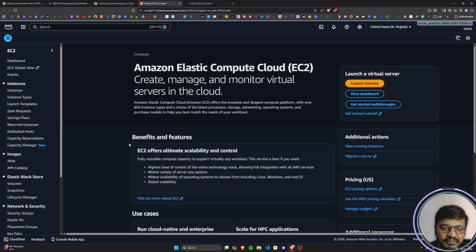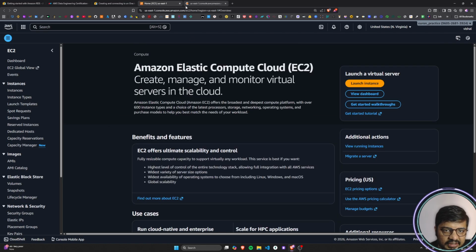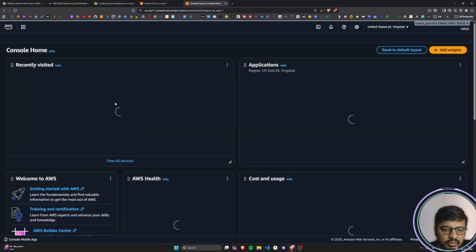I hope you have understood how we can come to this EC2 service. It has opened the dashboard, and now what we can do is,